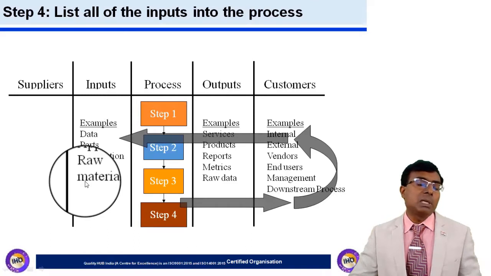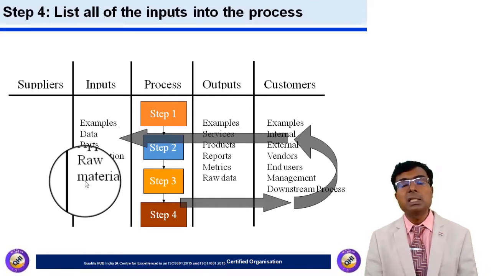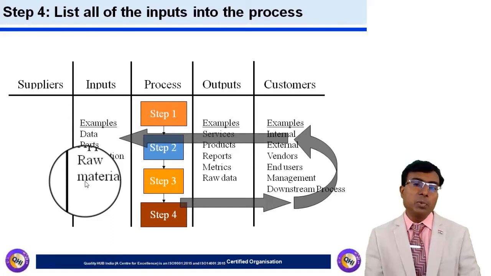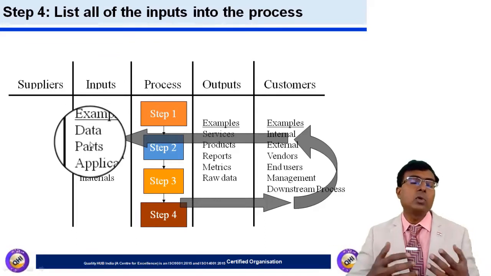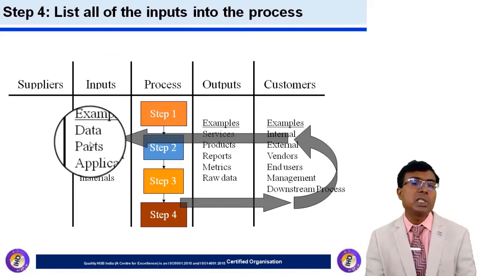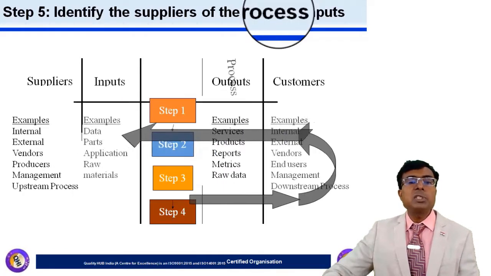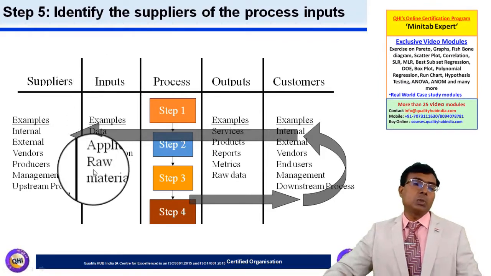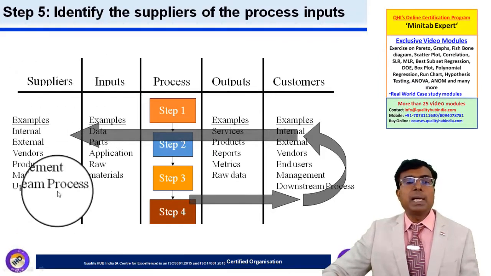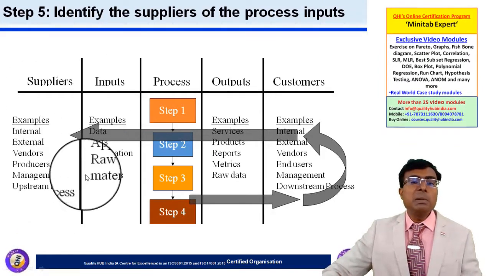If we are going to receive some consumables, some tool stackers, some information sheets, this could be SOPs or work instructions or control plan. Those are all inputs for the process. So we need to identify all those inputs. Could be hard stuff, could be software element, could be instruction sheet, could be any other things. And the next step or the fifth step would be then identifying the suppliers for the input materials. So who all are the suppliers who are going to provide us these input materials?